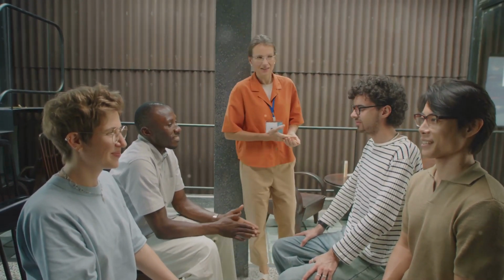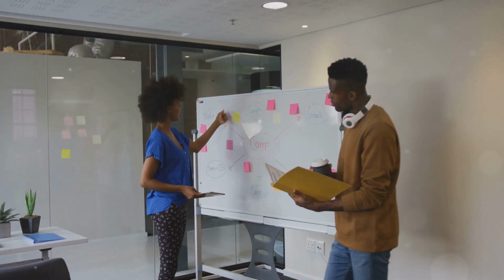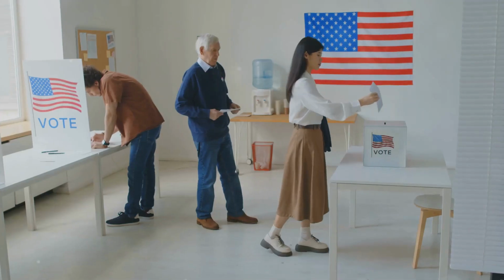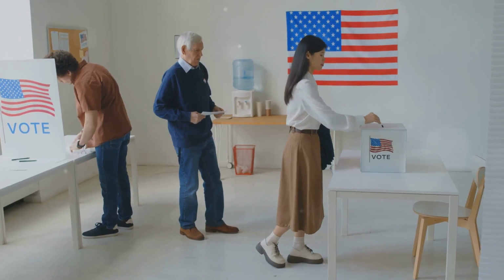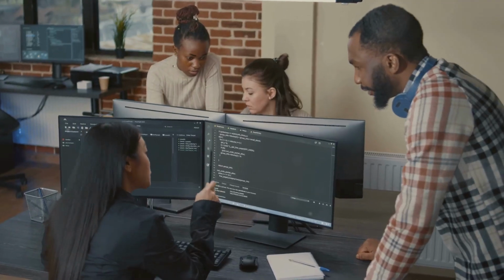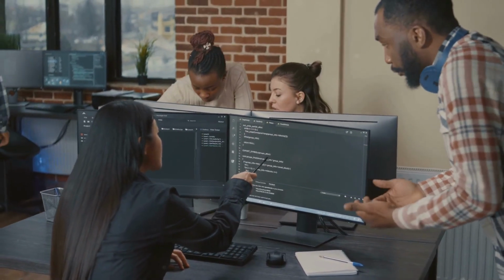Conclusion. Embrace the future of community-led governance. DAOs are not just organizations, they're a revolution in how we think about governance, community, and ownership. By joining a DAO, you're part of a movement that democratizes decision-making and returns power to individuals. DAOs are shaping the future of finance, creativity, social causes, and more. Ready to dive deeper?